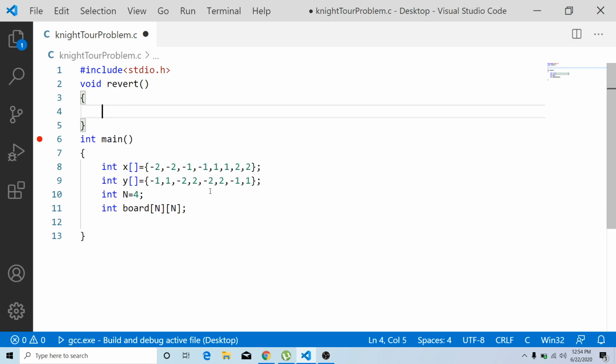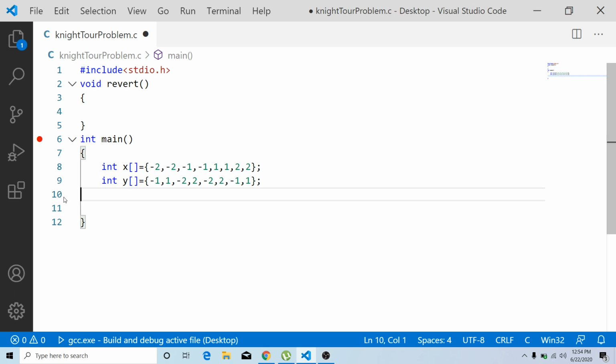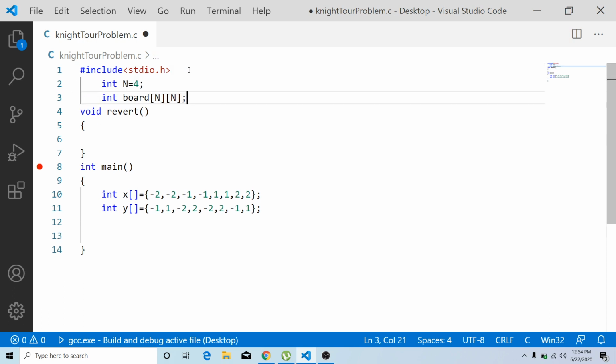Instead of declaring these things inside your main function, you can have them here as a define. So instead of integer n, using define I can define the value of n as, for example, 4, and then I can declare an integer matrix with size n cross n.